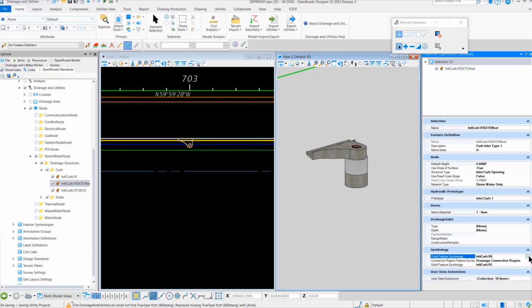Come on. It does try to be difficult sometimes. Here's our 5x7 offset. We now have a solid feature and a point feature symbology set correctly, so that now